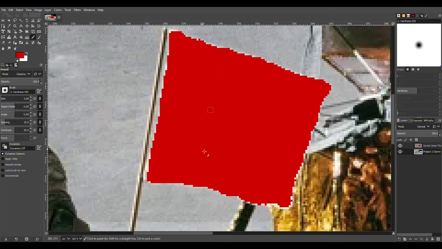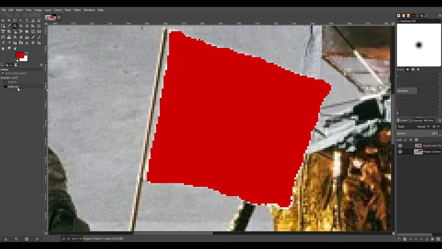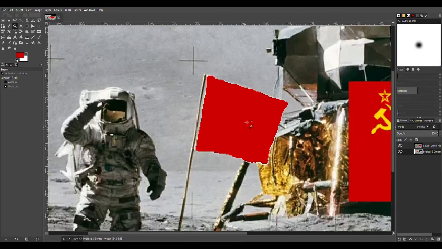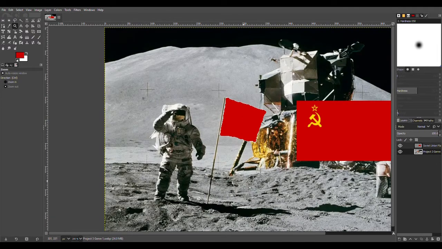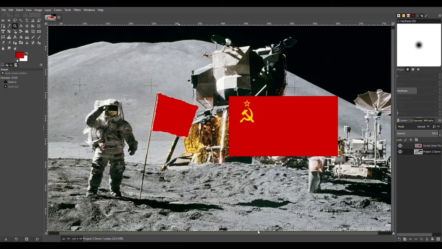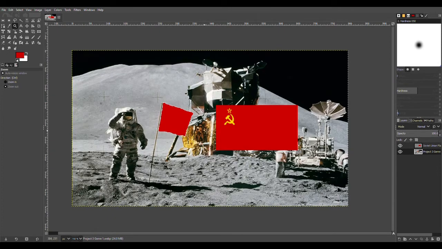So once you have the area of the image you want fully colored in, simply go back to the zoom tool and zoom out by left clicking on the same area of the image you zoomed into. Simply adjust your field of view by clicking the bars on the left and right of your image. Oh boy, almost fell there. But yeah, once you have that done,